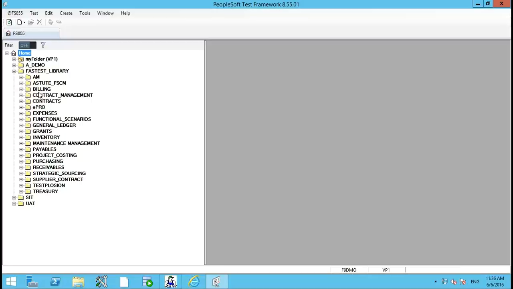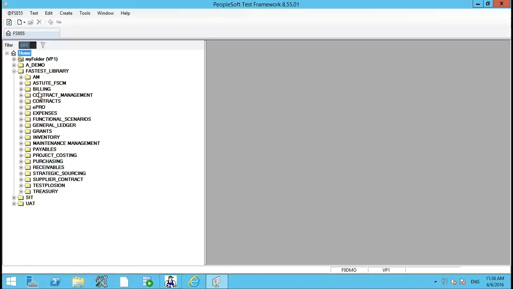Moving on to the second level of automation is to then string together these discrete transactions into what you call in PTF as shell tests, or business process scenarios that you usually perform in your organization as part of your regression testing. So you may not just want to create a requisition, you may want to pass on the data to a PO, dispatch a PO, create a receipt, move on to payables, create a voucher out of it, take it all the way up to payment.